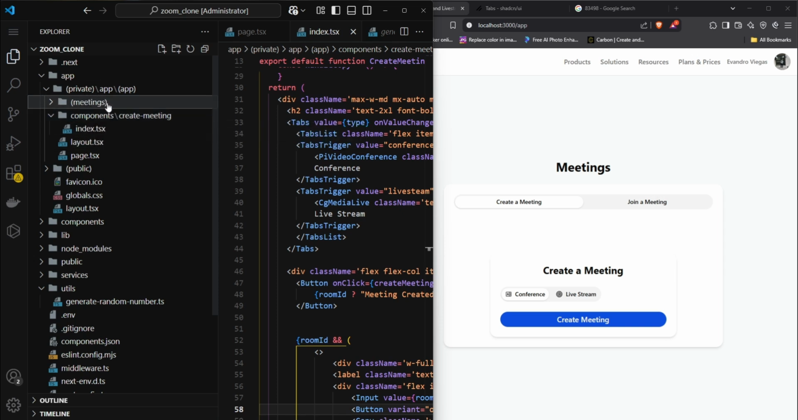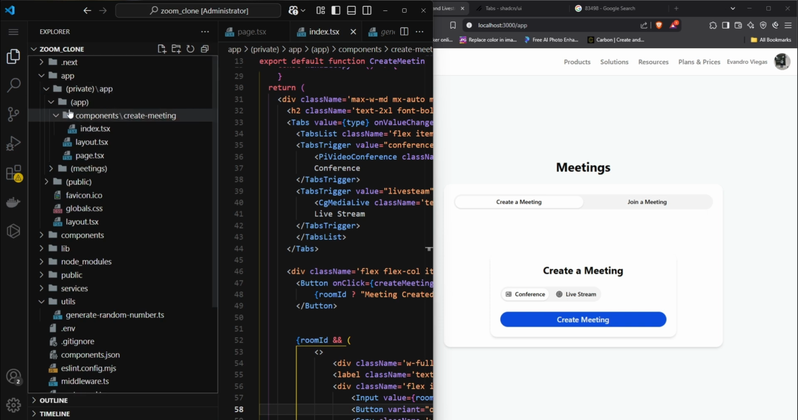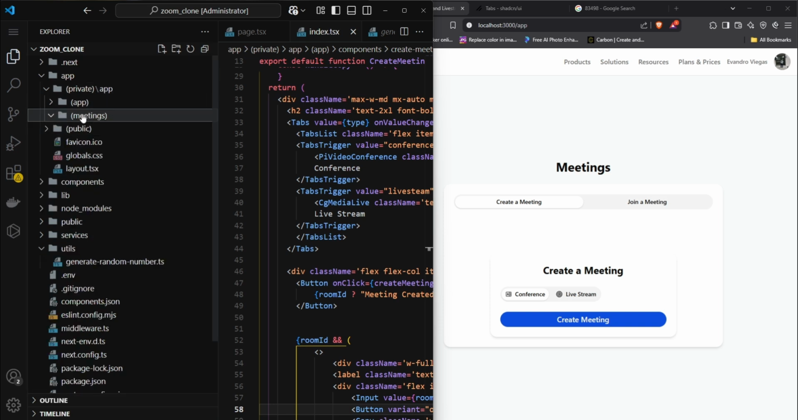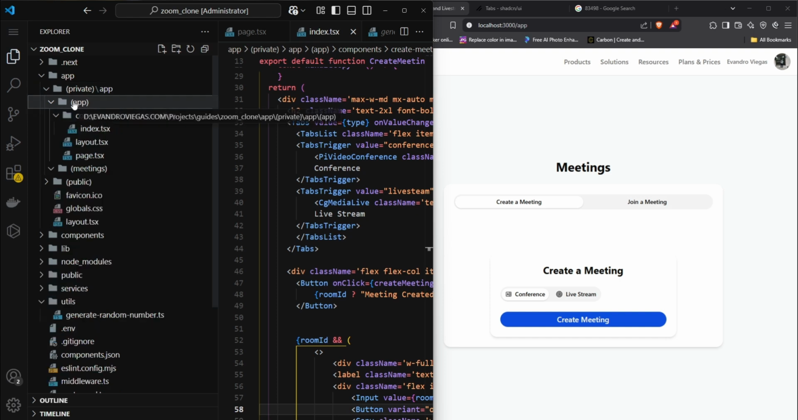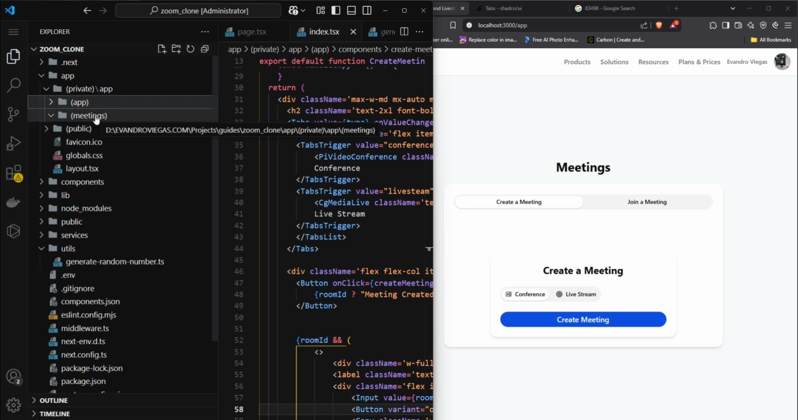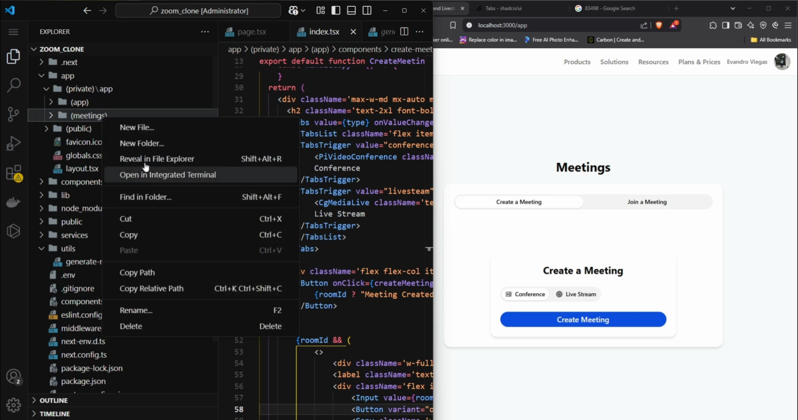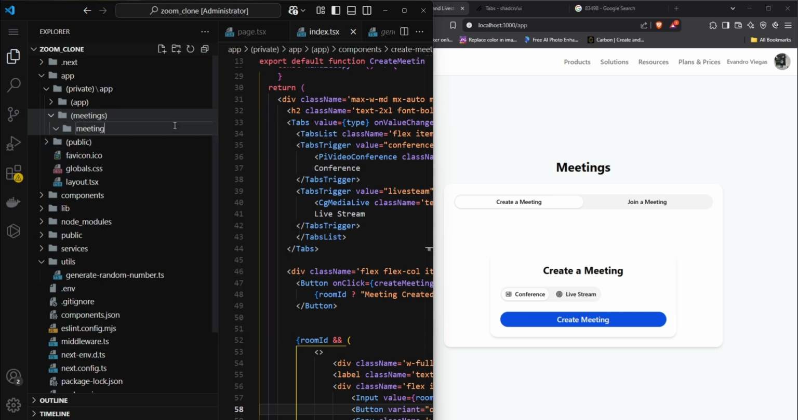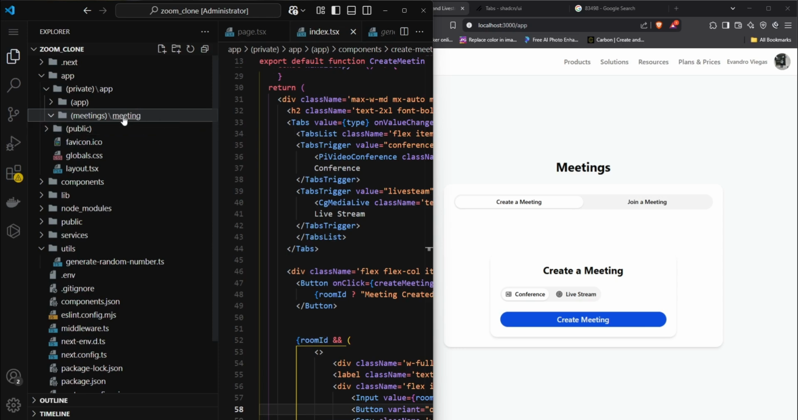So the reason why I like to use those folders is because I can organize the component as I want. So this is not going to create any interference when it comes to pages routing. It's only for organization. So here it's going to be the actual app, and here is going to be the actual meetings. Okay, so here inside of meetings, we're going to create a new folder which is going to be meeting, and inside of meeting,